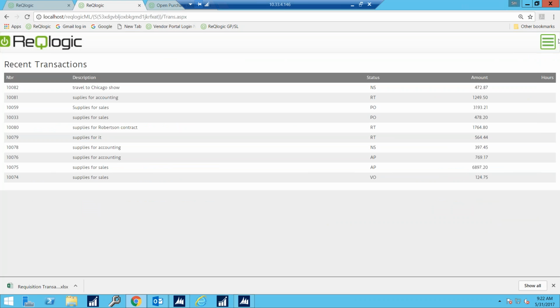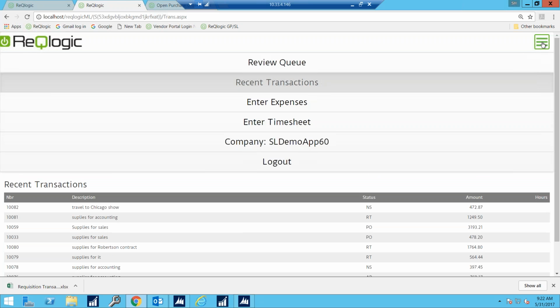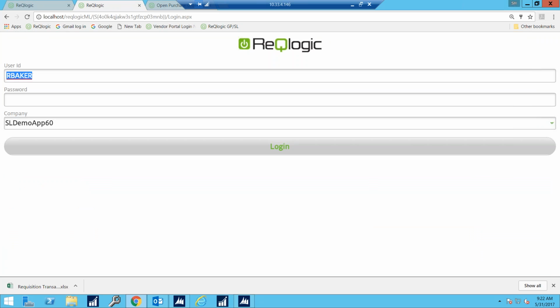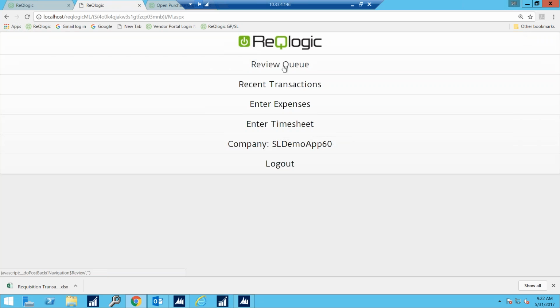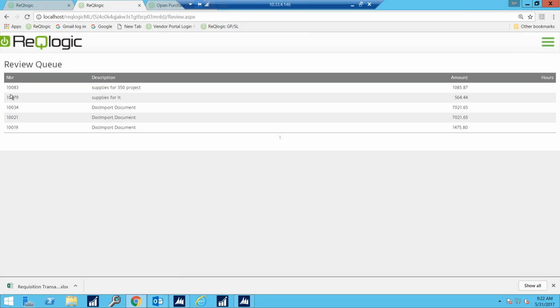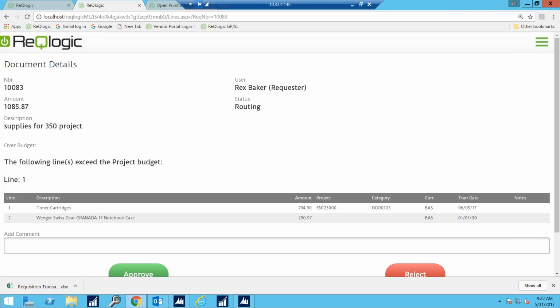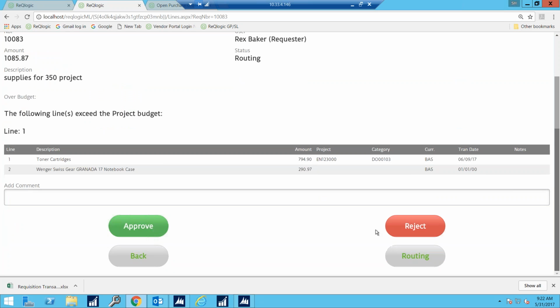The second way you can approve is via a mobile device. So if I log out here and I log in as Mr. Hobbs, you will see that when I look at his review queue, here's the requisition we just created. And he can add a comment. He can approve or reject. Now, via a mobile device, I cannot approve or reject by line item, only the entire document. It's the only way that I cannot approve by line item. So I'll mark this approved,